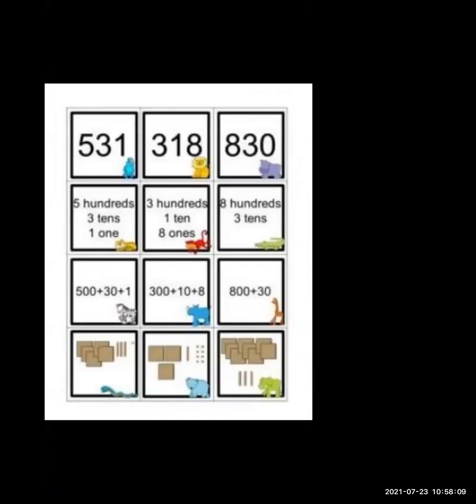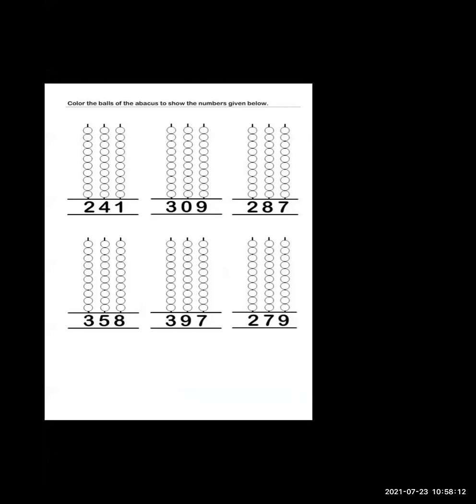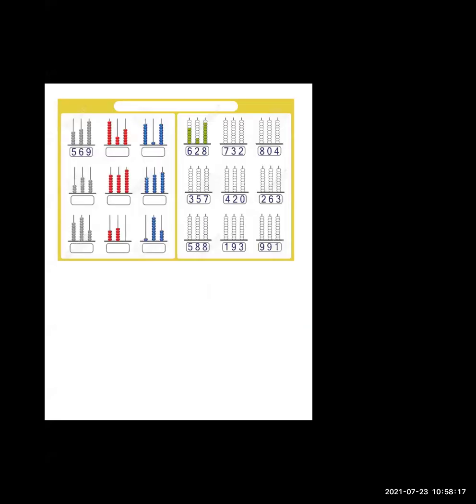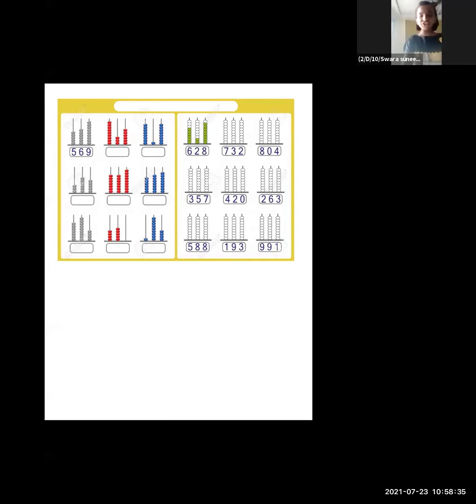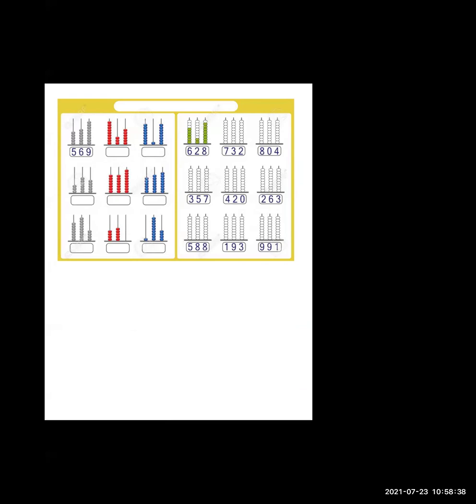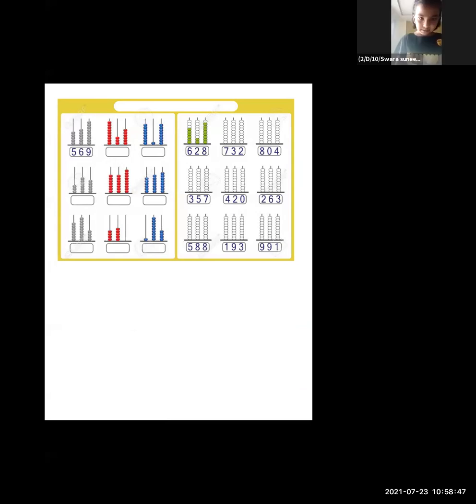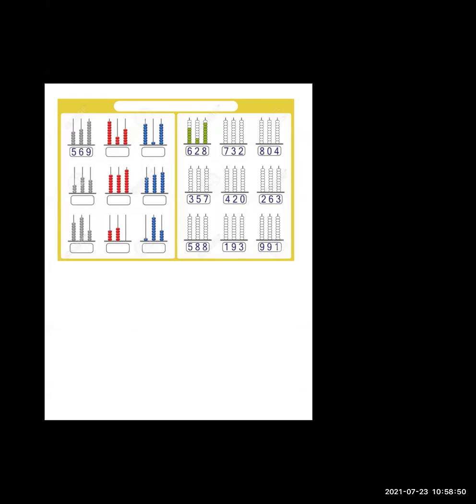Okay. So on that screen, there are some numbers, and you can see those numbers. Just count the abacus and tell me the number. What number will come exactly? Okay, I unmute another student. That student's name is Swara. I unmute you. Yes, teacher. Swara, in your screen, here we are going to count the numbers and write the numbers.